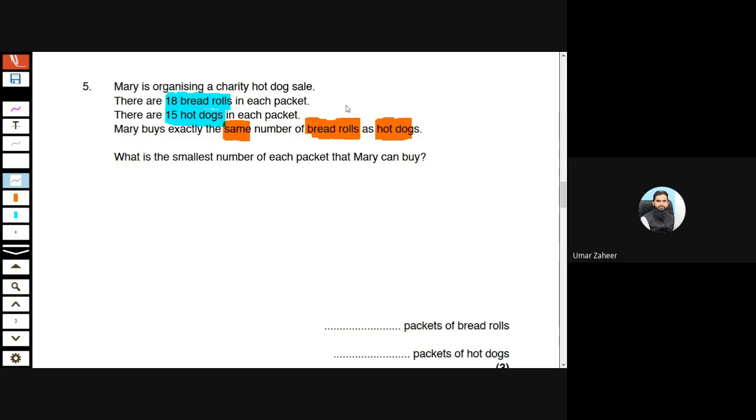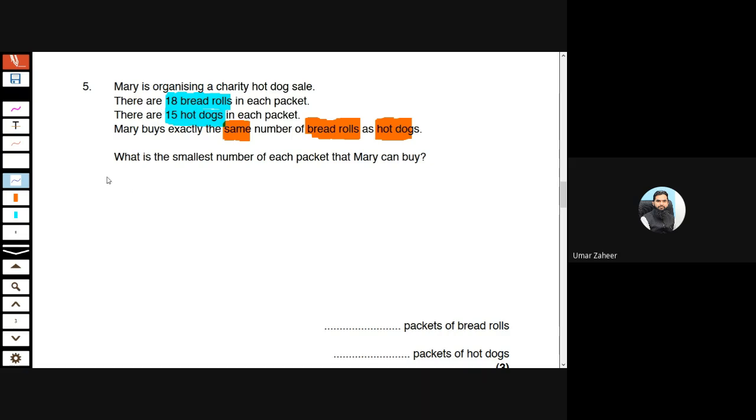Basically, you can take one pack of bread rolls, two packs, three, four, five, six. In the same way, you can take 4, 5, 6 packets of hot dogs. But in this one, you have 18 bread rolls, and here you have 15 hot dogs. So when you are getting the same number of bread rolls and hot dogs,